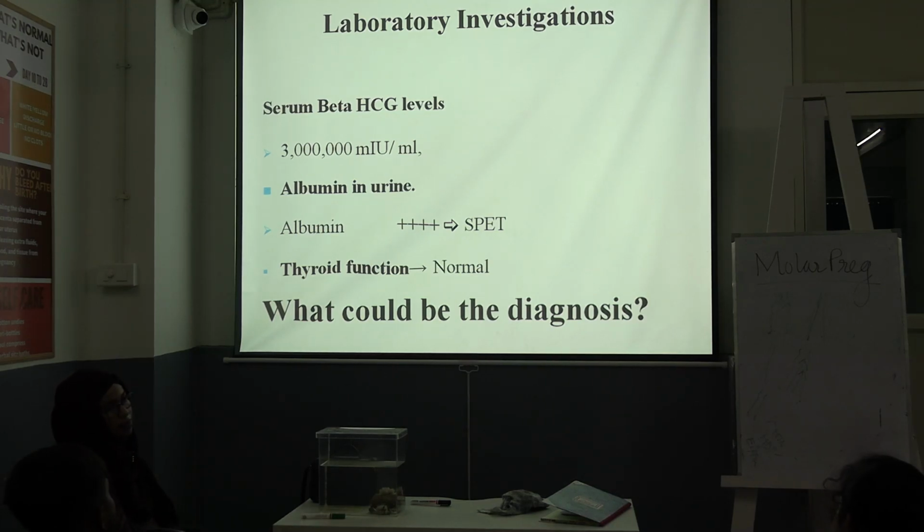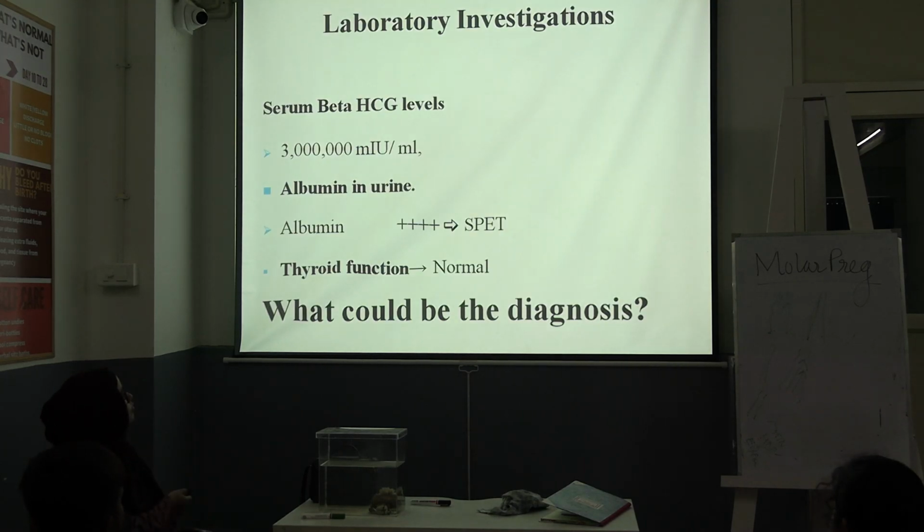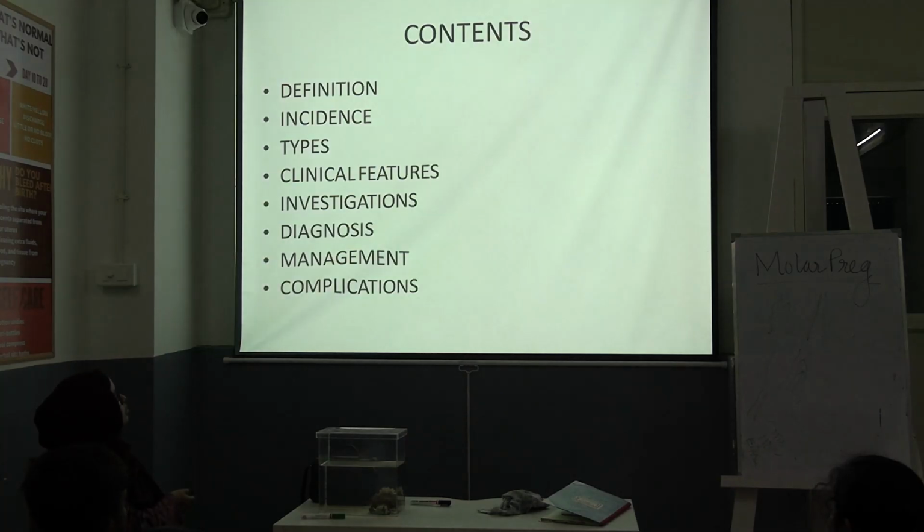Yes, some normal placenta is there, some abnormal placenta is there. Live fetus is there. Partial mole, very good. Partial mole. But one thing is contradictory over here. The beta HCG level is more, which is normally not the case. Only in complete mole is the beta HCG level this high.